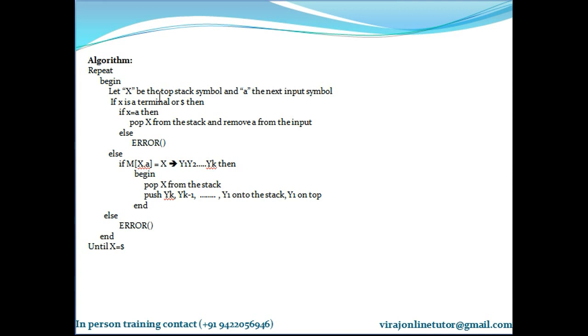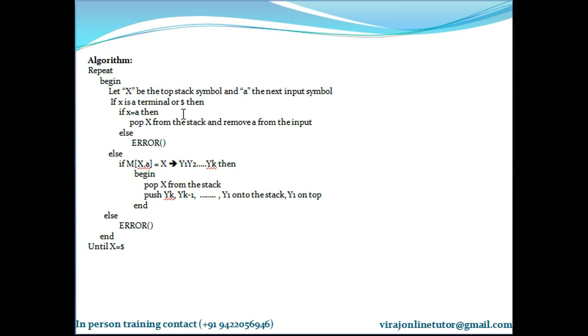So let X be the topmost element of the stack and let A be the next input symbol. Please remember, input symbols are always terminals. Keep on repeating this. If X is a terminal or a dollar, check whether that terminal matches the input terminal.